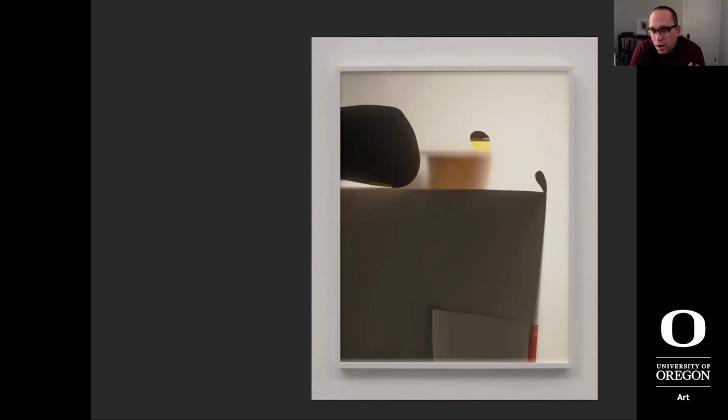But there are remnants of clarity. For instance, this image here, in real life, one could see that these are pieces of construction. There's painter's tape, and there's pieces of paper and other things that are recognizable.